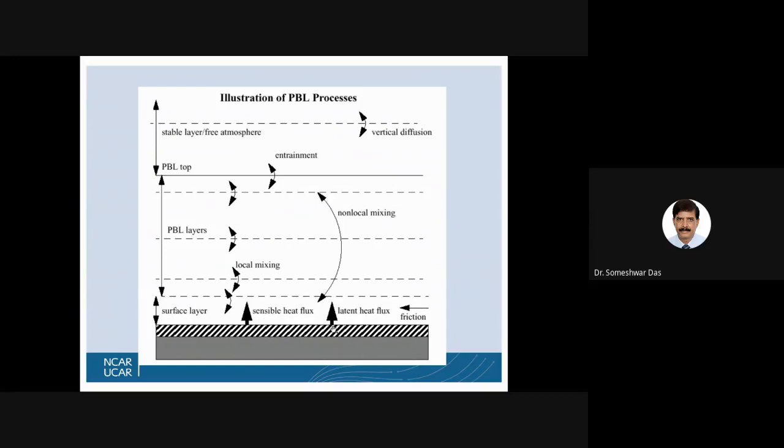And from the surface of the Earth, we have sensible heat fluxes, latent heat fluxes, the frictional effects, etc., which enter into the surface layer and are transported upward through different mechanisms, either through local mixing or through non-local mixing or through turbulent transport processes and so on. So all these things are incorporated in the PBL parameterization of the model.